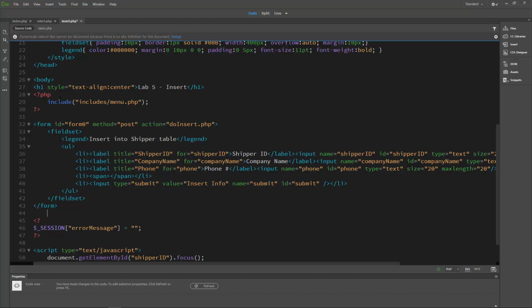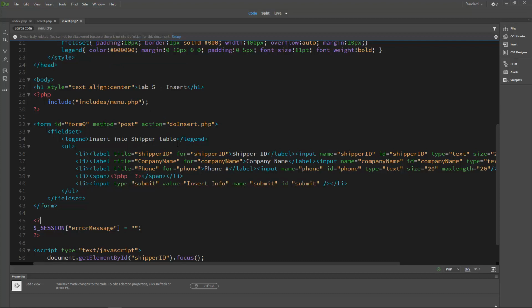So when we come to this insert page, if there is an error message, we will display it inside of this span. But after we display it, we'll clear the error message. If we don't clear the error message, it's just going to continue to appear and appear and appear, and we don't want that. We want it to appear one time, so we'll write it out and then clear it. So it'll already be written on the screen here when we clear it out, and if we hit a refresh, it will be gone. So in this span, we're going to do open our